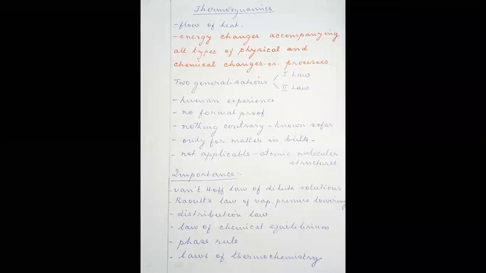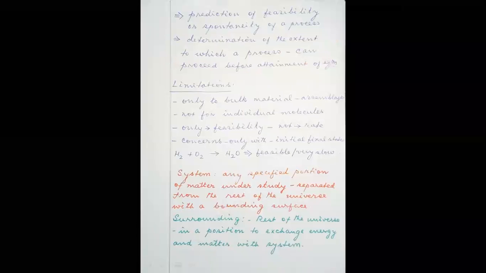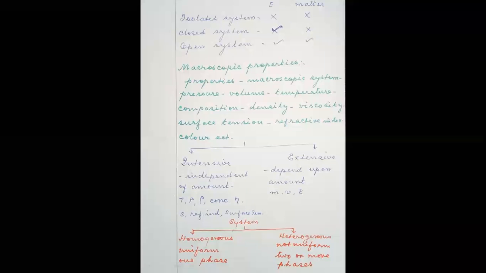the presentation. So we have seen the limitations of thermodynamics, and we have seen very important terms which are very often used in thermodynamics. Say, for example, system. System is any specified portion of a matter under study which is separated from the rest of the universe with a bounding surface. Surrounding is the rest of the universe in a position to exchange energy and matter with the system. Now we have seen what are all isolated system, closed system, and open system,